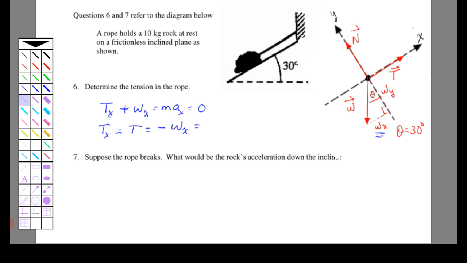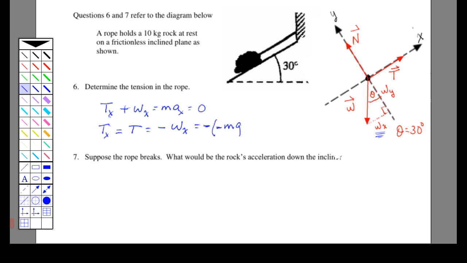And the x component of the weight is negative because it's in the negative x direction. The weight points in the negative y and the negative x direction. So we have the minus sign and then another minus sign because the weight has a negative x component,